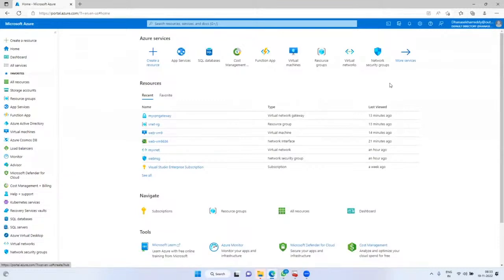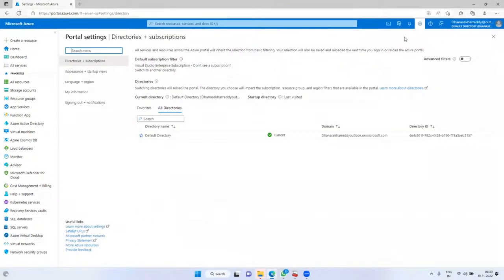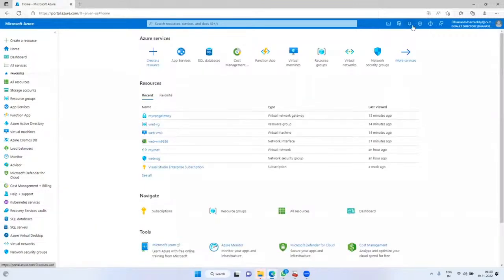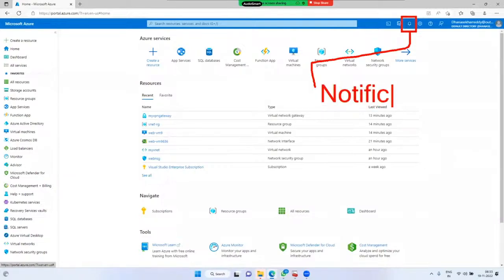Next, another important thing is the bell mark. We can call it the bell mark, or the notification bar. Why do we use notifications?